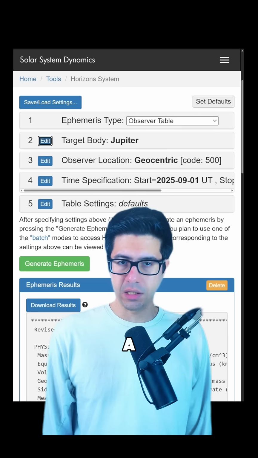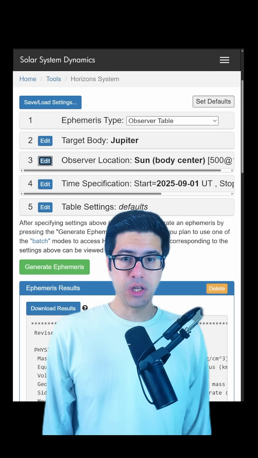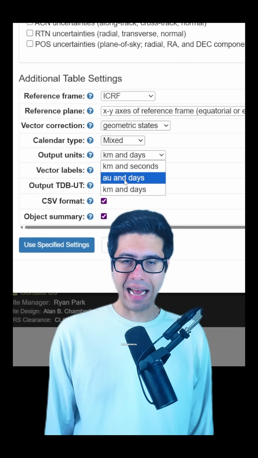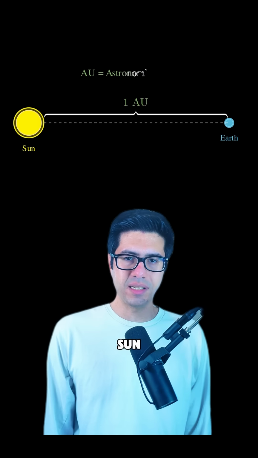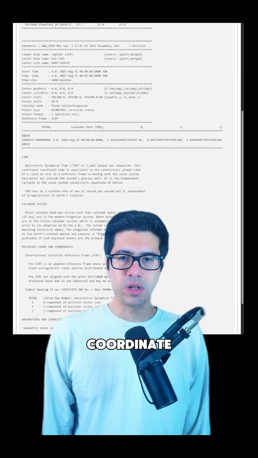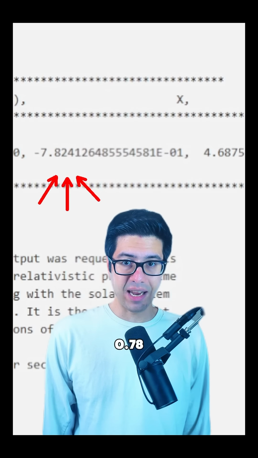For example, for Jupiter, we set the target body, and then for the coordinate center, we use @sun, we set the exact date, and then we request XYZ coordinates in AU, or astronomical units. AU is the average Earth-Sun distance, or about 150 million kilometers. Once we generate the ephemeris, we can see that with the sun at the coordinate center, Jupiter is at negative 0.78, plus